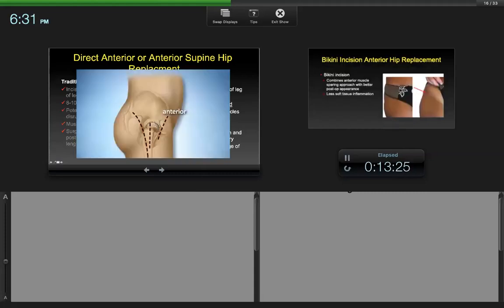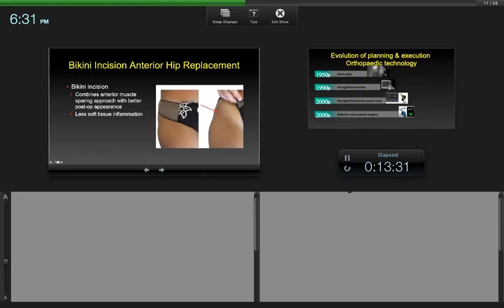So again, this is the traditional anterior approach here on the front. This is your traditional posterior approach. And then we here at Ortho NorCal, with me, take it one step further in that I do a bikini incision. This is a patient that was young and healthy and was kind enough to allow me to take a photo a year out from her hip replacement. And this is her surgical scar, if you can see it. Because we're cutting in the natural lines of the hip joint itself, the scars are almost hardly visible a year out from surgery. And it just makes it so much more cosmetic, number one, but also less invasive and more